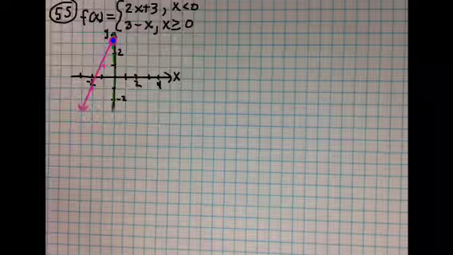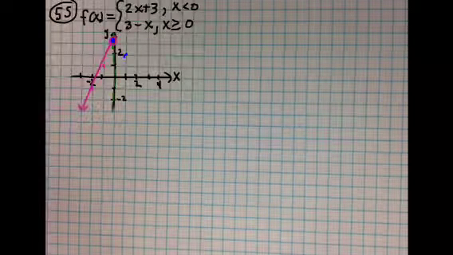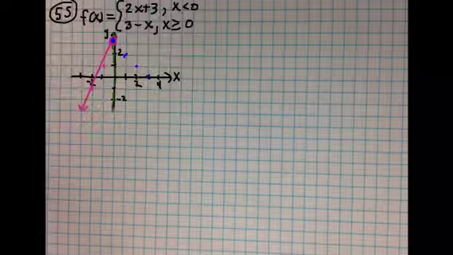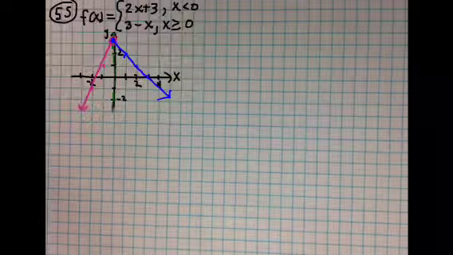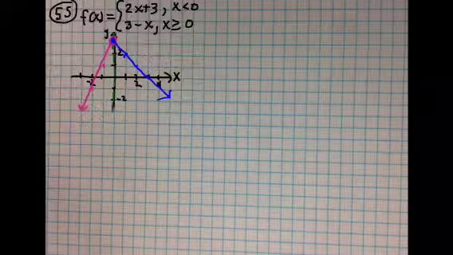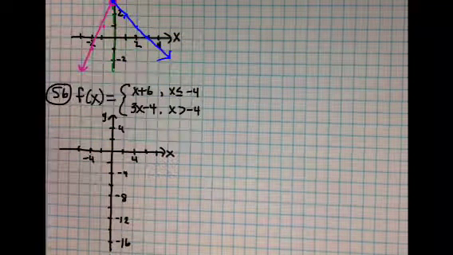So that means I'm going to go down 1, right 1. Down 1, right 1, down 1, right 1. And just connect your points. And there's a graph. Okay, so the graph of f of x is a combination of the pink and the blue together. Okay, so 56,